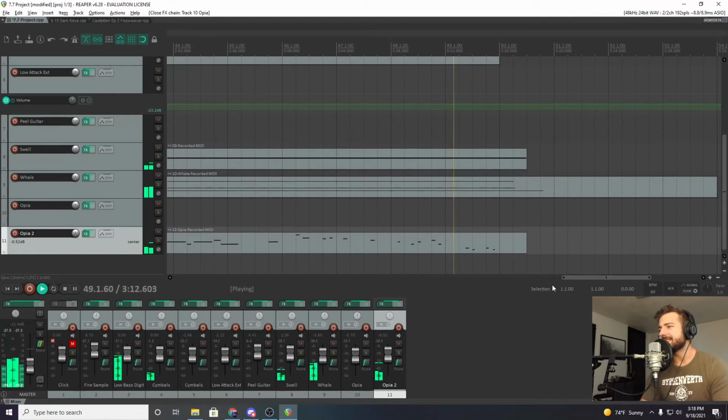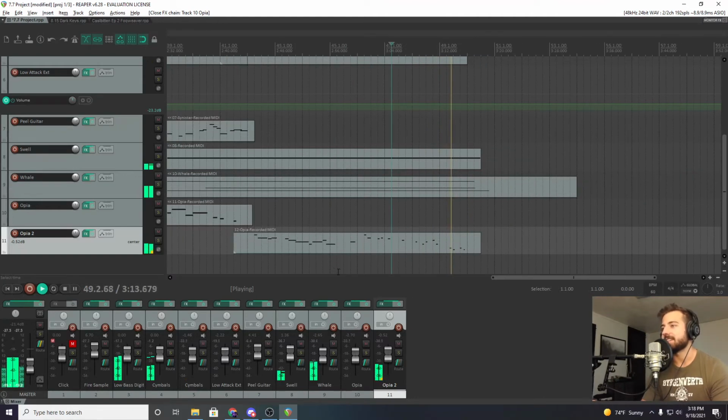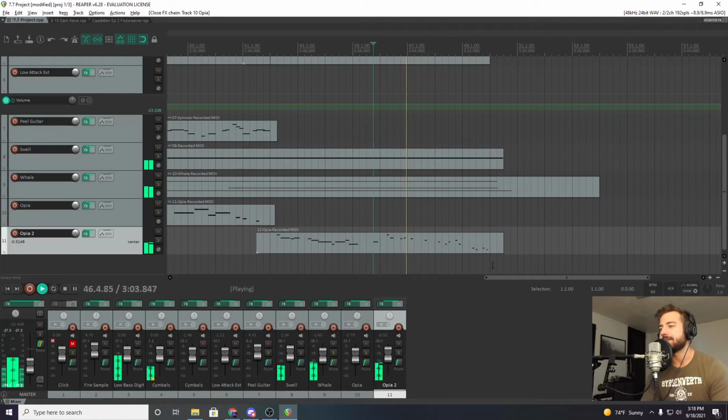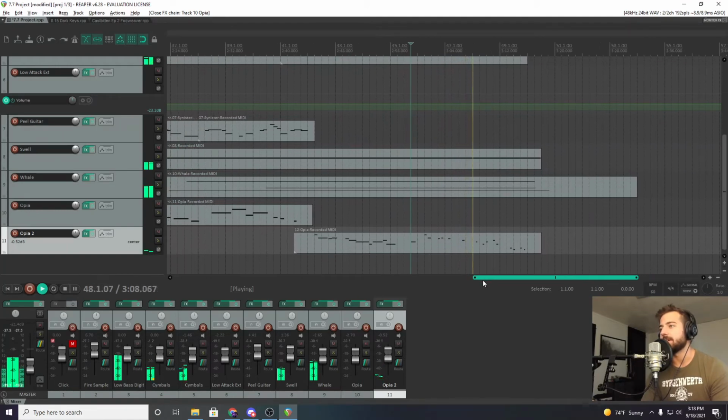And with the way this takes up space in the mix, I like that it's brief notes with a lot of holes. It's not being held out. It's very staccato. It's very low attack, kind of contrasting with that very first digit melody. And this is all just minor pentatonic stuff. Note-wise, it's fairly simple. Just kind of working along the bass line and then following my ear.